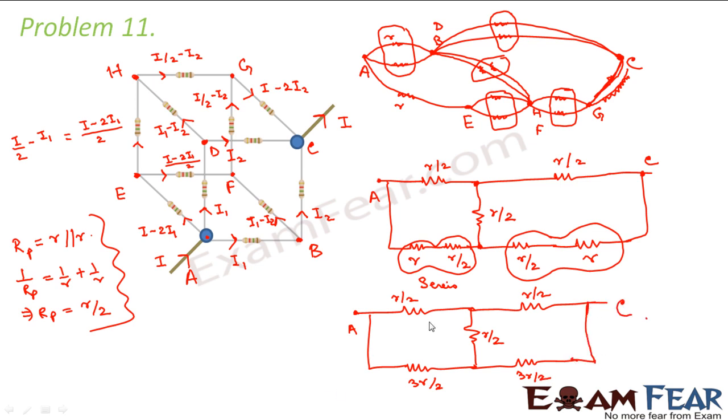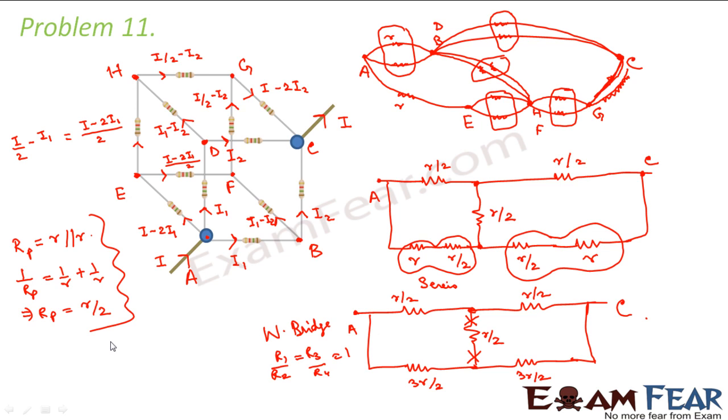And this is point C. Now, does this resemble your Wheatstone bridge? Yes, it does. So here your R1 is R by 2, R2 is R by 2. So R1 by R2 is equal to 1. So this resembles a Wheatstone bridge, where R1 by R2 is equal to R3 by R4 is equal to 1. That means the bridge is balanced, so no current will flow through the middle arm and therefore R by 2 will not contribute to the total equivalent resistance.